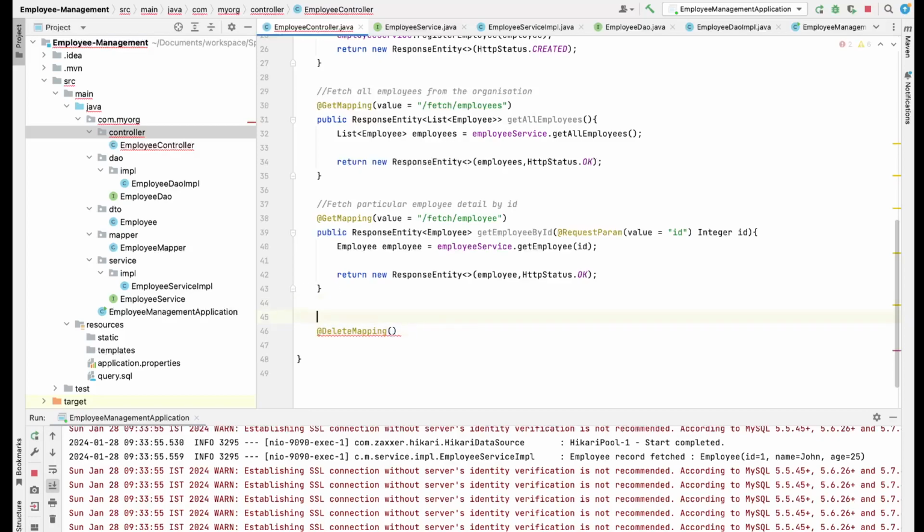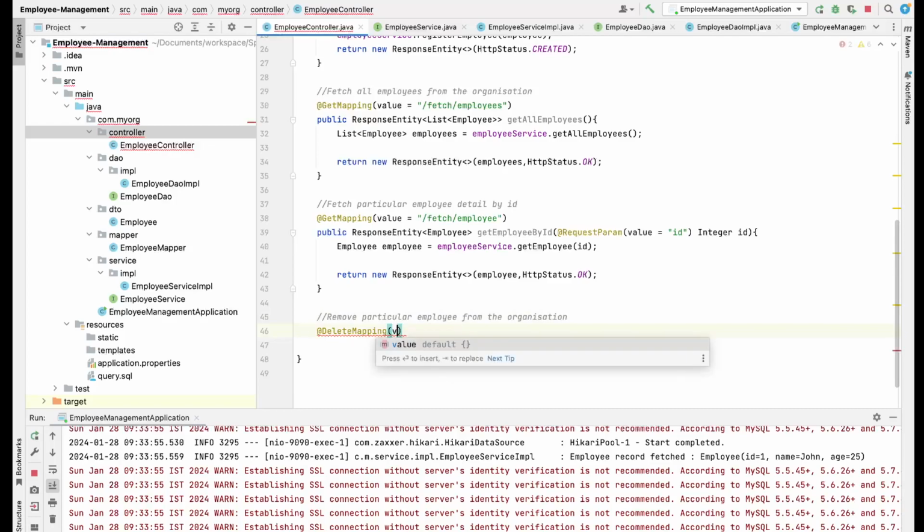So let me write down some documentation here, and this documentation would be basically: remove particular employee from the organization. So this would be a delete mapping, and